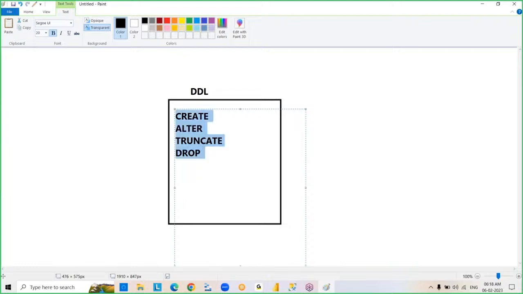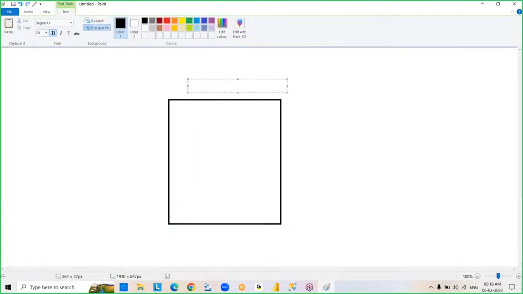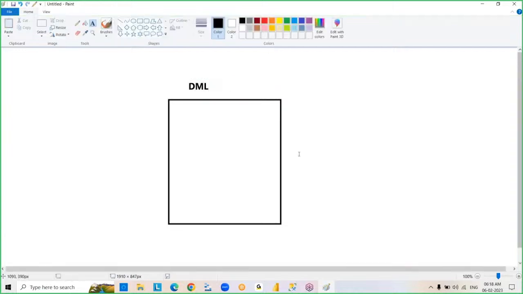After data definition language, we are going to work with DML, because after finishing data definition language, what happens? You'll get a proper structure, right? That structure is required for us. Without that structure, we cannot store data in the database. That's why in the beginning we are going to work with the structure of the table. We are going to create